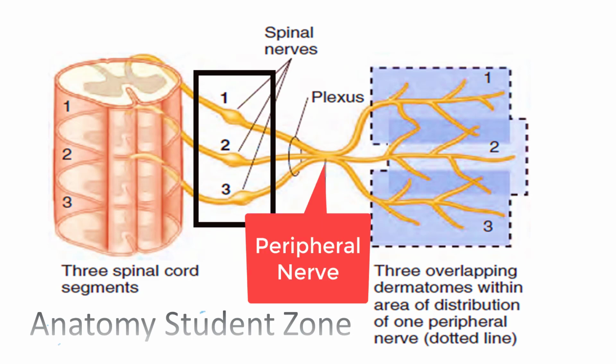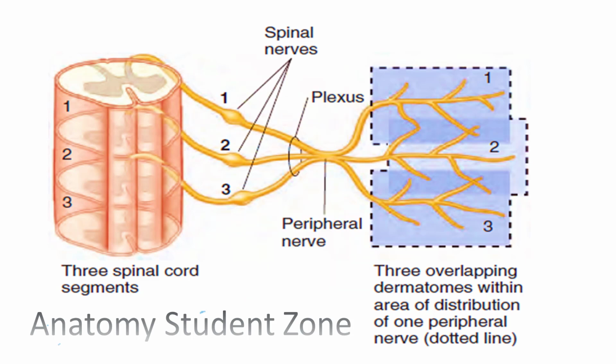So this can also occur in the anterior and the lateral region of the trunk, in the upper and the lower limb. And as I already told you, there is plexus formation in this area. In a nutshell, in the region of the trunk, there is absence of plexus formation because in the thorax, anterior rami are not forming the plexus, so the pattern is segmental.